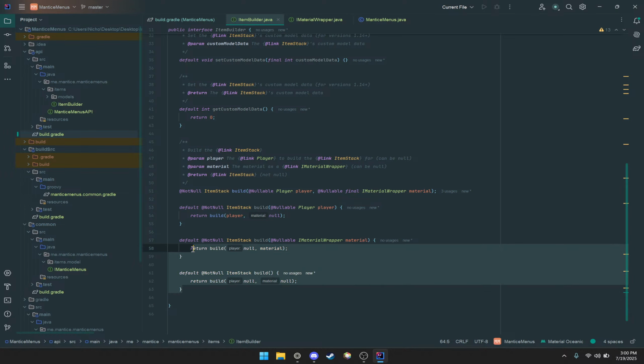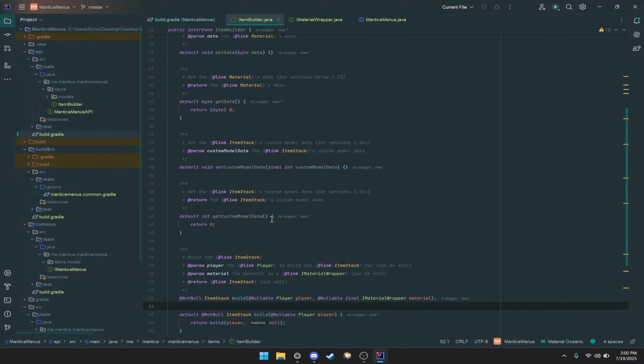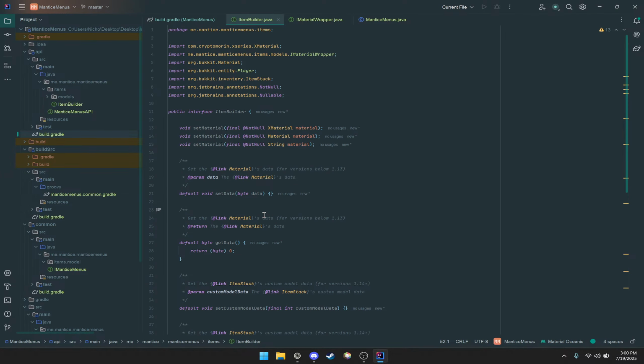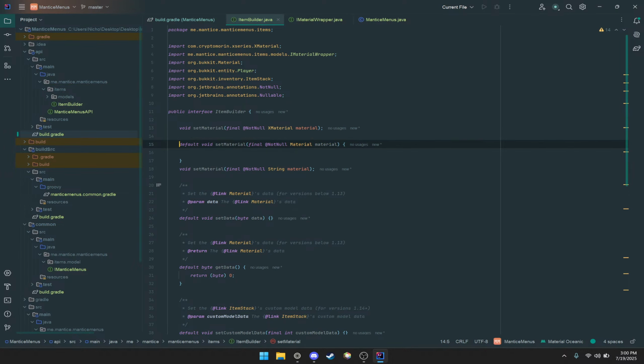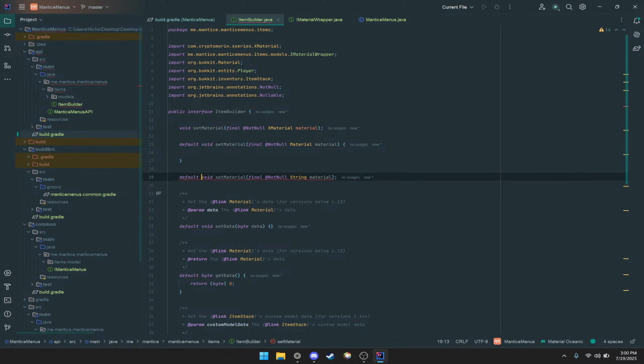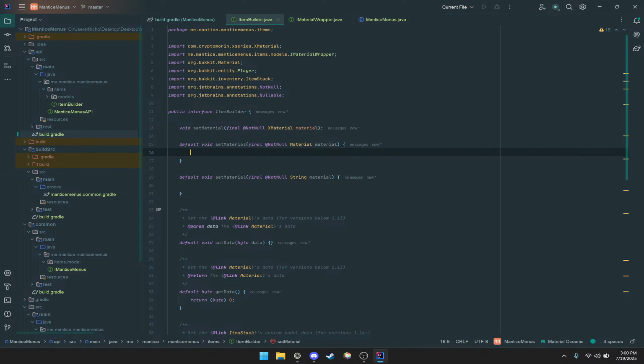So that makes it a lot easier. You don't have to keep overriding all four build methods, just the one. Okay. And these can probably be defaulted as well. Set material methods. So what I want to do is say